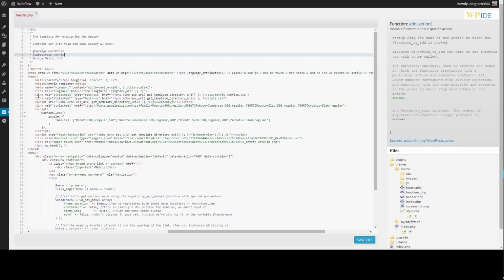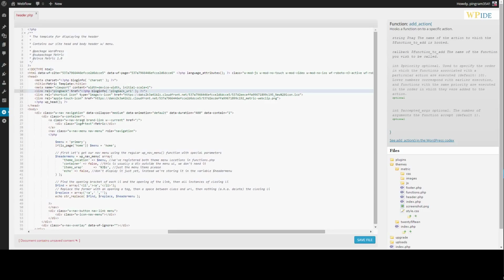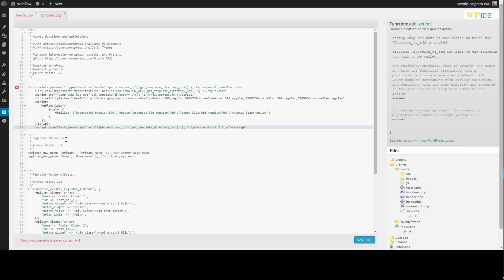The first thing we're going to do is copy all of these style sheets and scripts from our header.php. So we'll go ahead and cut those out. And what we're going to do is create a function in our functions.php that will allow the WP head to call these scripts and style sheets. So we'll open up functions.php, and we'll temporarily paste what we cut out there so we have something to reference. And then I'm just going to copy this,